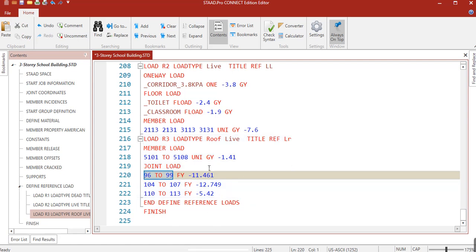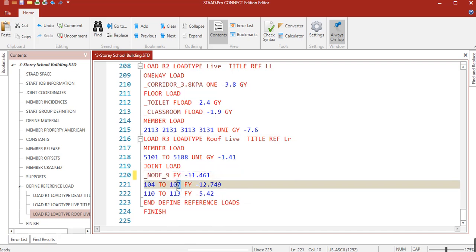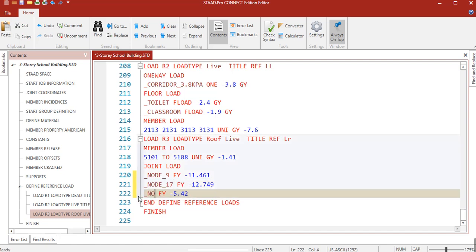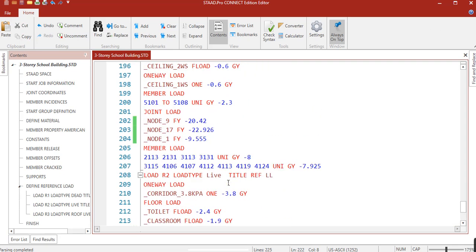You can also do that to your live load here, roof live. So node 9, node 17, and node 1. You can use it to have a more organized editor, and it will also help you not to highlight unnecessary members.